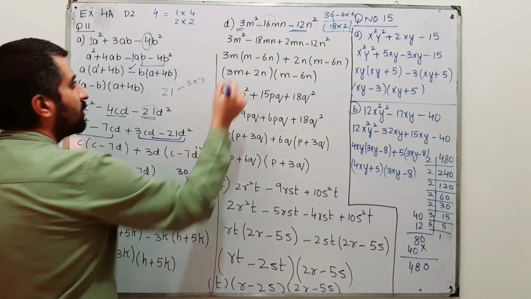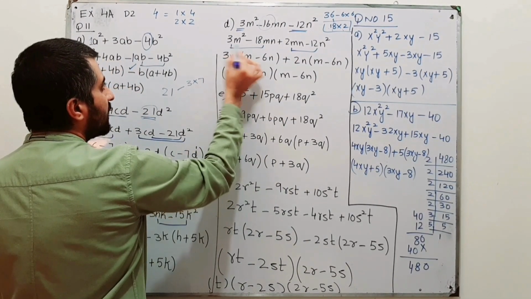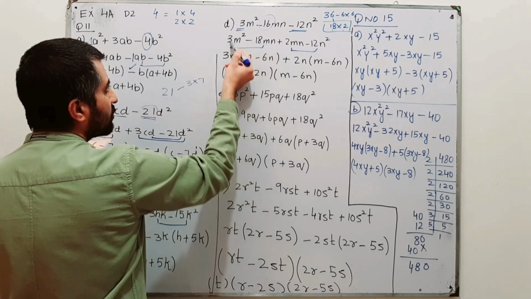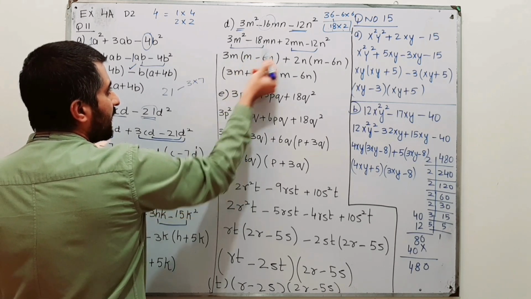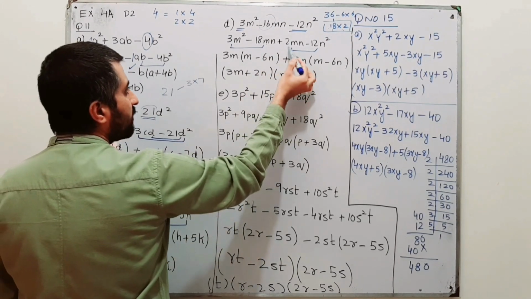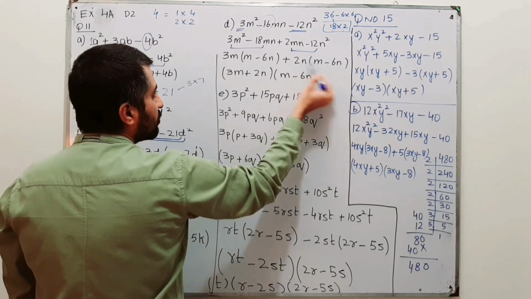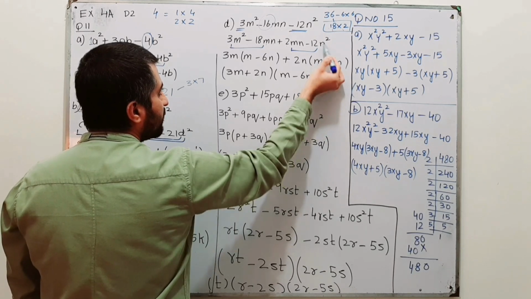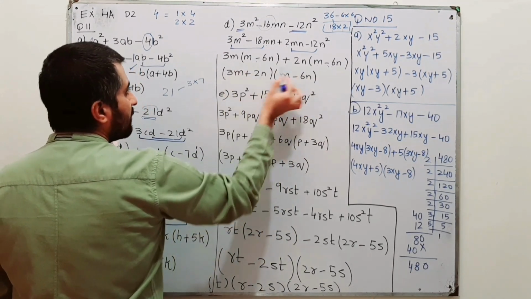So from here take out common from the first two, and then take out common from the last two. From the first two, 3 is common, and 3 is also a factor of 18. So 3 is common, m is common, m is here as well as over here. So 3m is common. Over here you are left with m minus 6n (3m times 6n is 18mn), m is taken out as common and you are left with n over here. Plus, now from here you can take out 2 as common and n as common, you are left with m minus 6n (2n times 6m is 12mn), and out of this n squared, one n is taken out as common, you are left with one n inside. So one factor is m minus 6n, while the other one is 3m plus 2n.